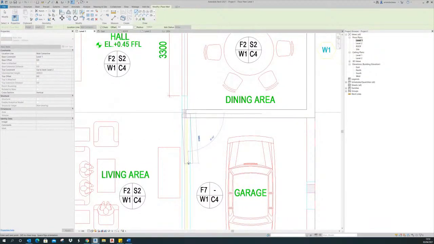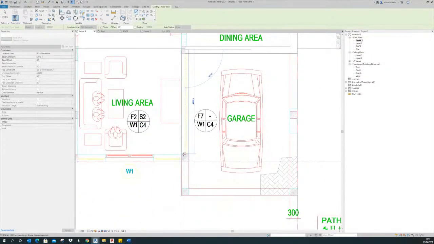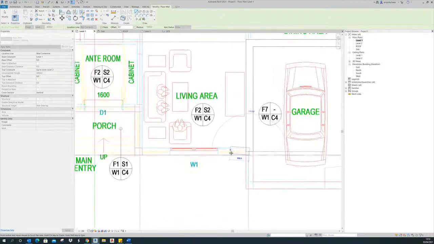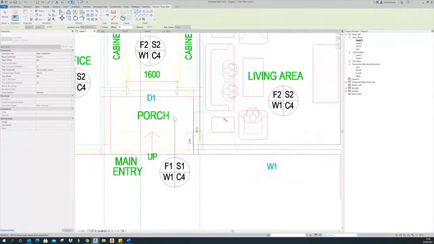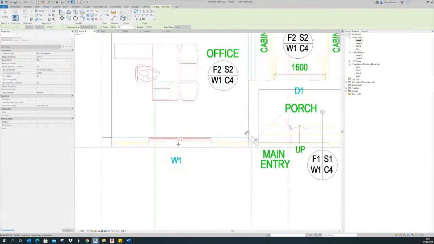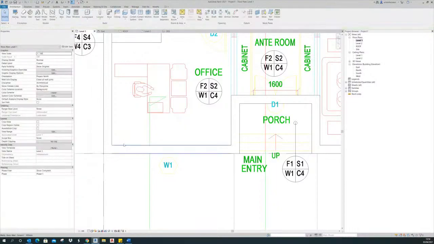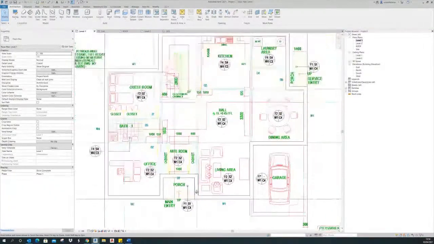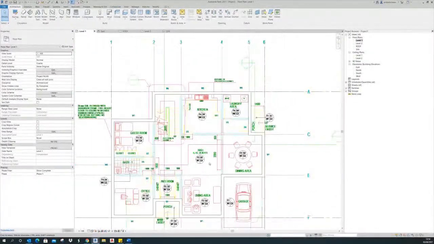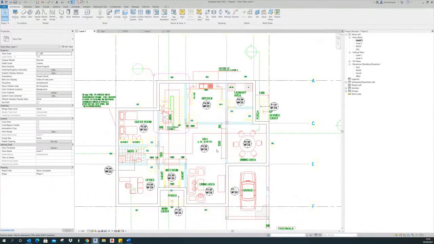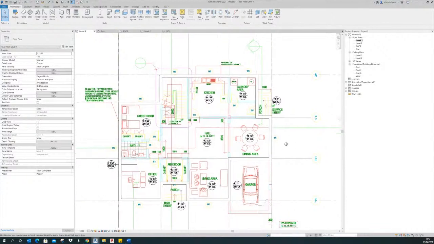Ang demand ngayon sa Revit is one of the demands in Revit now is to create BIM models out of the previously drawn CAD files. So once you get to learn this, it will be very good for you to earn either as an outsource doing Revit or as an employee